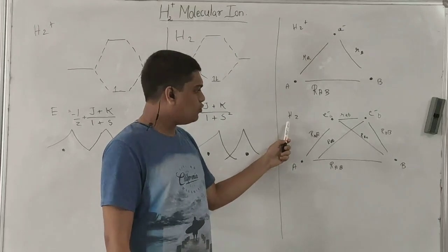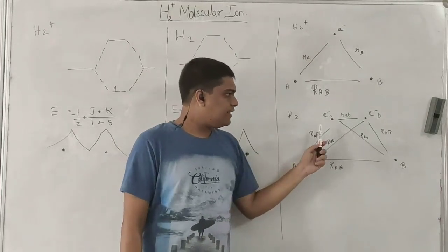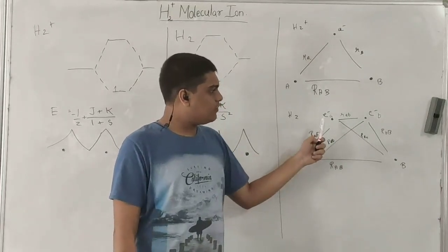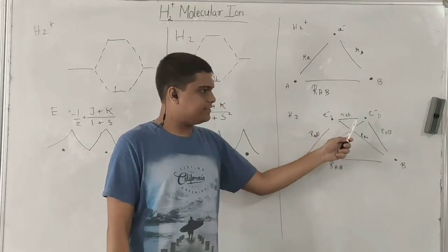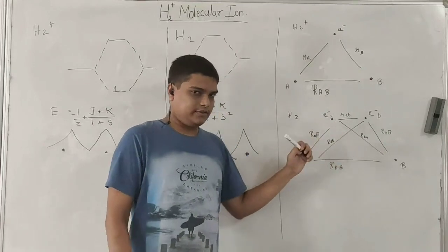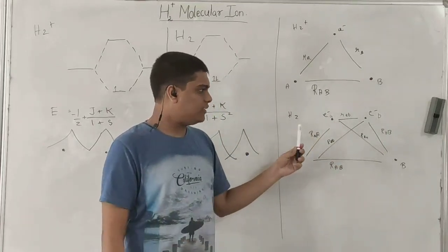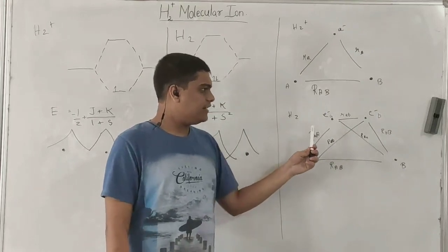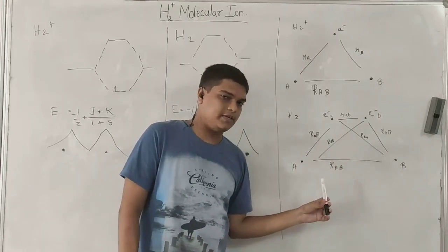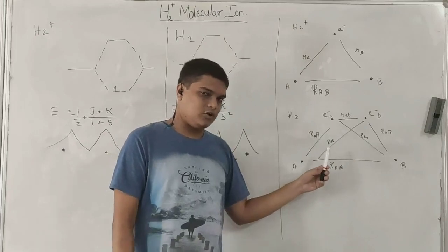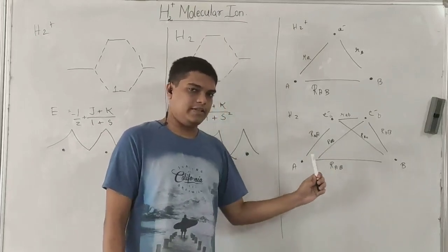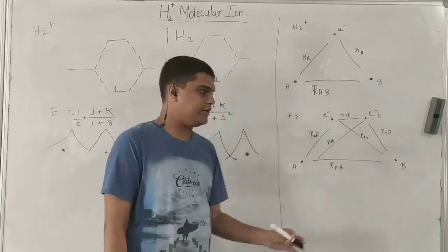But in the H2 molecule, we can see that there are various factors. One of the factors is the electron-electron interaction. Due to this, when we solve the Schrodinger wave equation, we get an error of more than 40%. So we cannot solve it exactly. We use other methods to solve it, which we will not cover here.